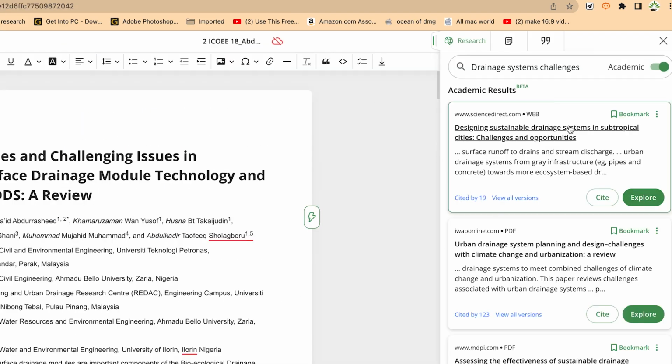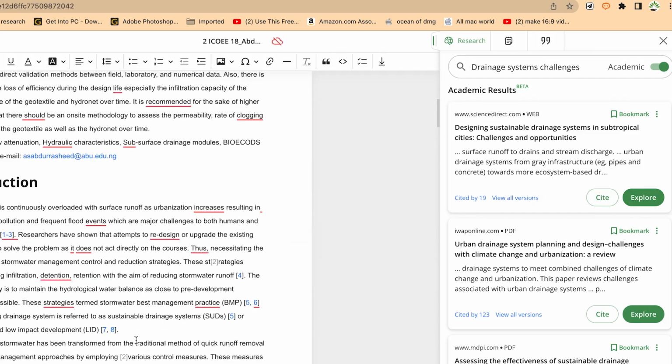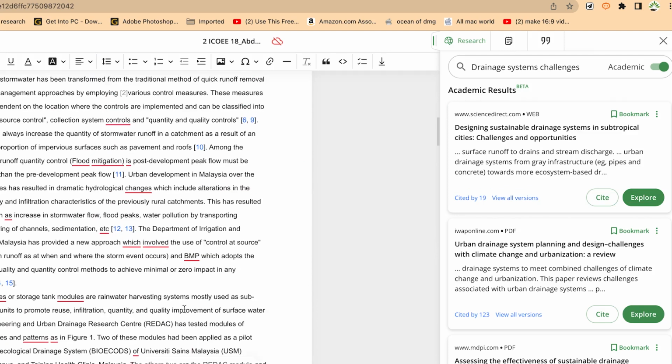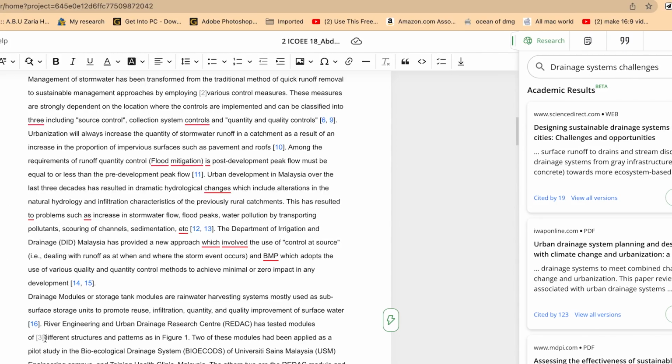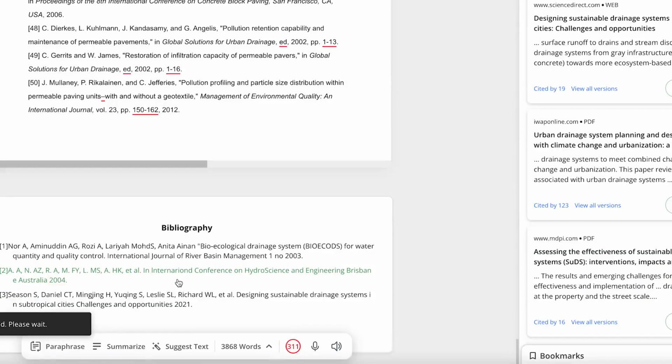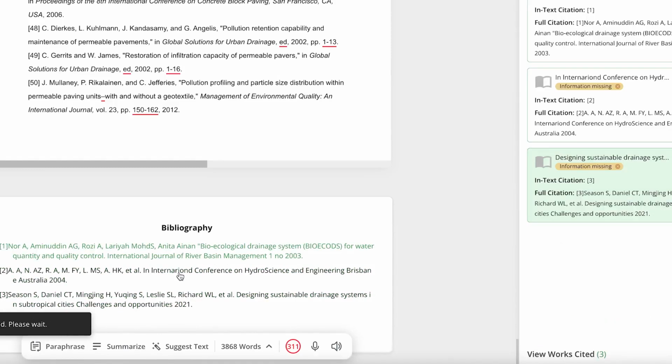Or if you want to cite this particular paper, you can just go ahead and identify the place where you want to put in the citation. For example, maybe you have gone through the paper and you liked something and you want to cite it in the text, you can just click on cite, and it's going to cite at that particular location. You can see it has just cited everything, and it's going back to the bibliography and pasting in the reference that you cited. You can see it over here.